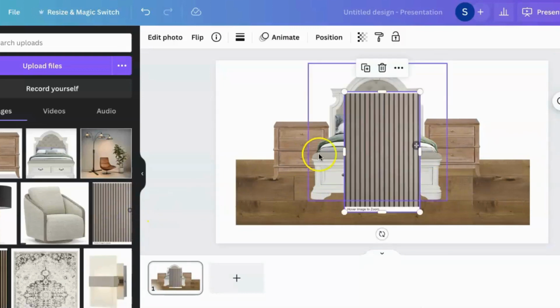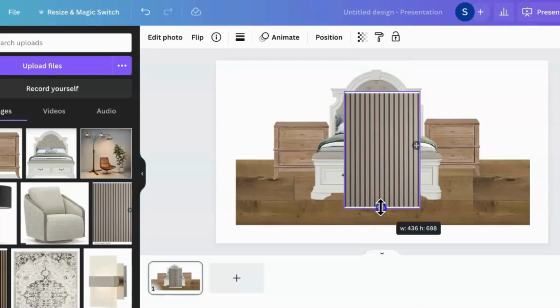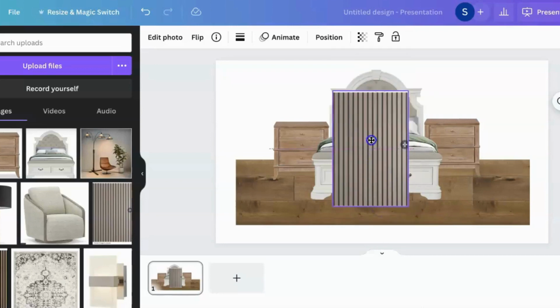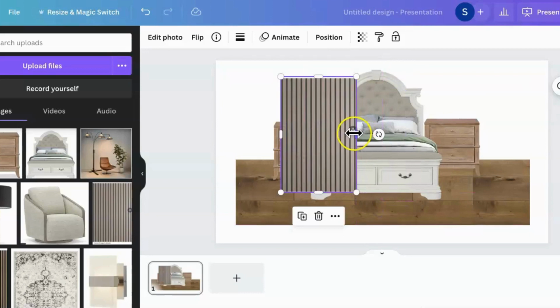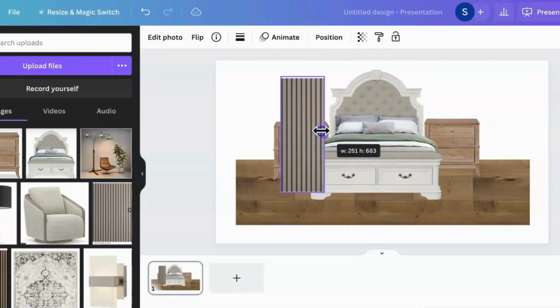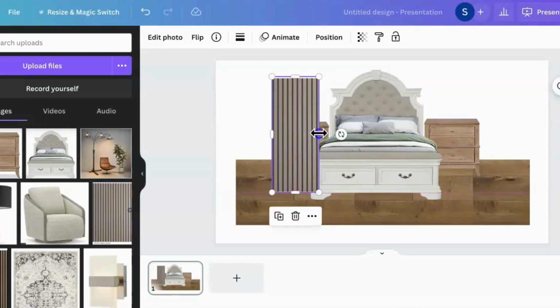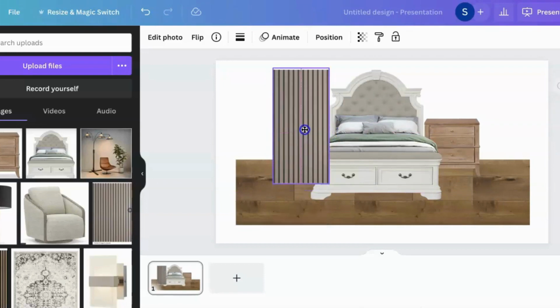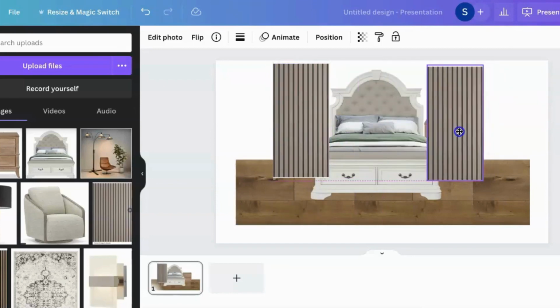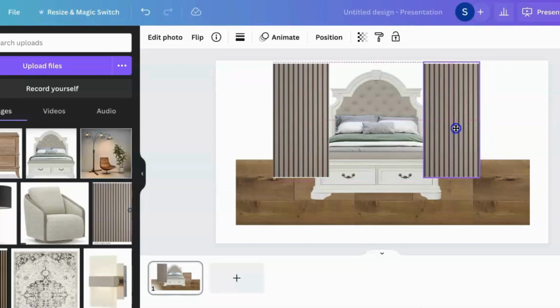So I did want to add wood slats, but I don't want to add it to the entire room. I just want to add the wood slats behind the bed, behind the nightstands. And these wood slats are way too wide, but we'll make them at least the size of the nightstand, I would say. Yeah. Okay, here we go. And I'm going to make a duplicate of that and bring it over here. And you can see how easy it is to work in Canva